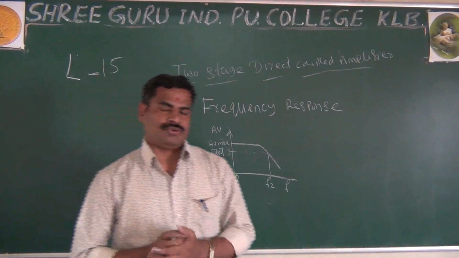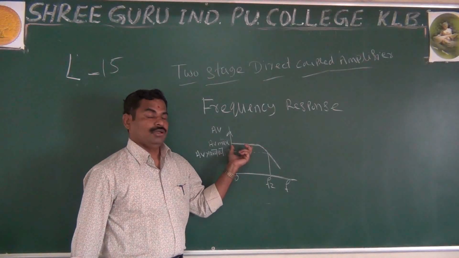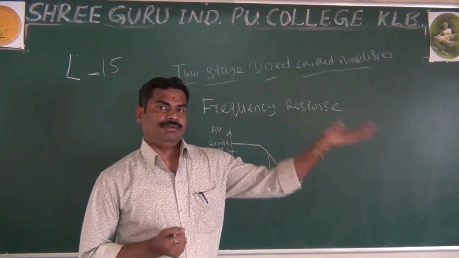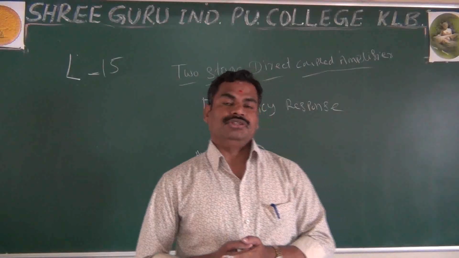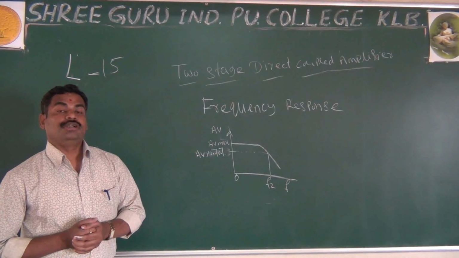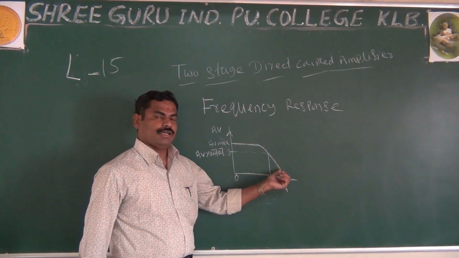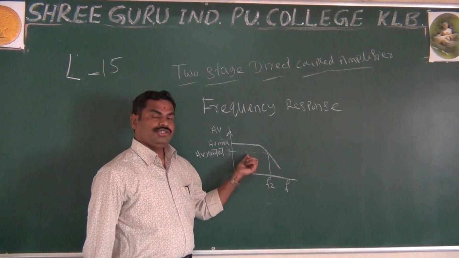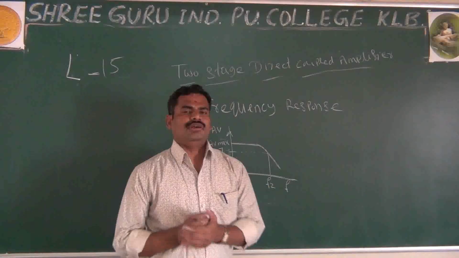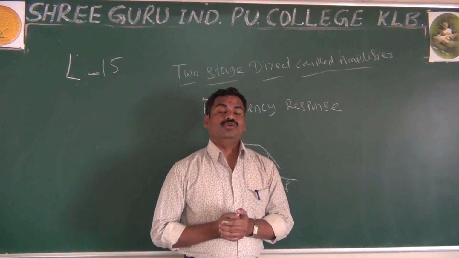And we may ask the question, how will the gain be constant for low frequency, and why does it decrease for the high frequency? As we know, in an RC coupled or CE amplifier, the gain decreases for both low frequency and high frequency. But here the gain decreases only for high frequency. For low frequency the gain will be constant. Why is it allowing the low frequency signal?